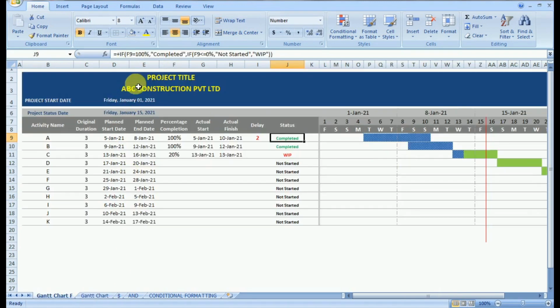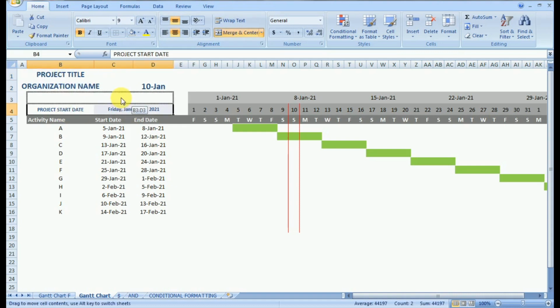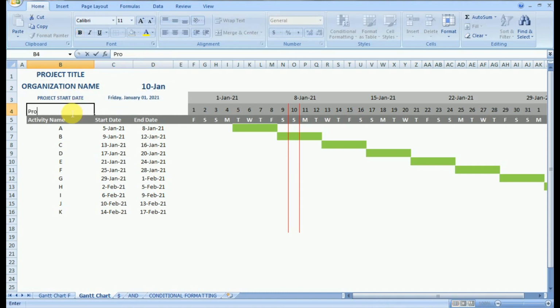So let's begin with the formatting to make the sheet more manageable. So the first step is we will arrange the project title and the organization name. Now we can select the cells and can directly drag it. In this way, it gets cut and pasted at the required location without changing the formula. So we have changed certain positions so that we can incorporate the project status date at the bottommost line of the major details about the project.